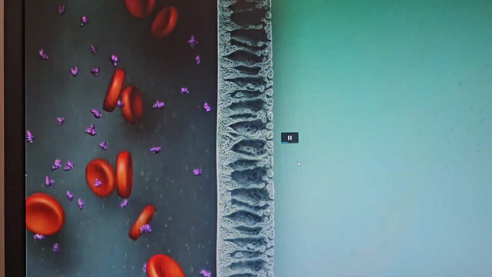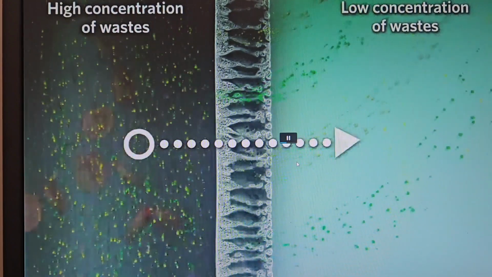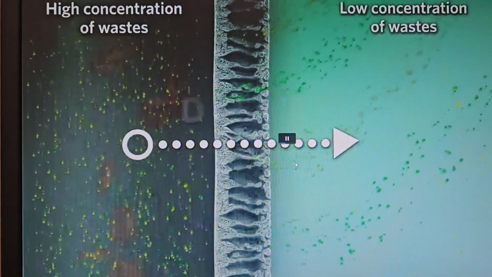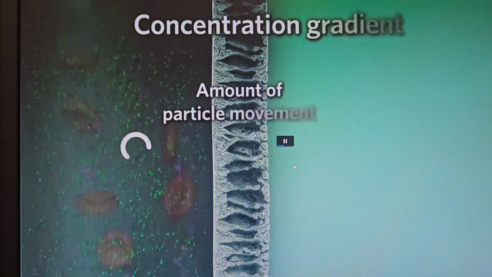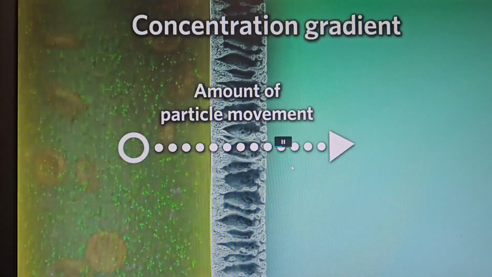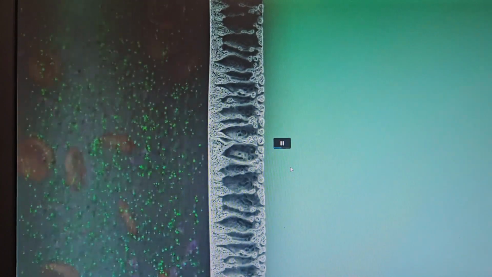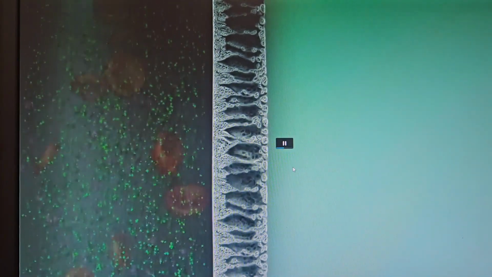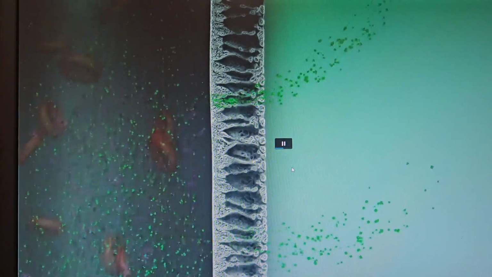The movement of these small molecules from their high concentration in the blood to a low concentration in the dialysate is known as diffusion. The difference between these concentrations is known as the concentration gradient, and it determines the amount of particle movement from the blood to the dialysate. Because no waste byproducts are originally in the dialysate, waste byproducts quickly diffuse out of the blood and into the